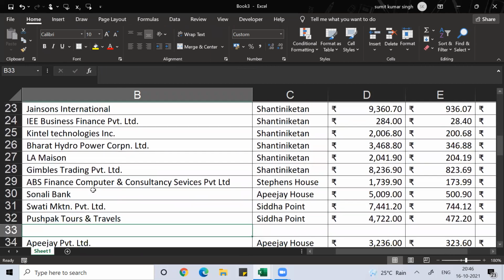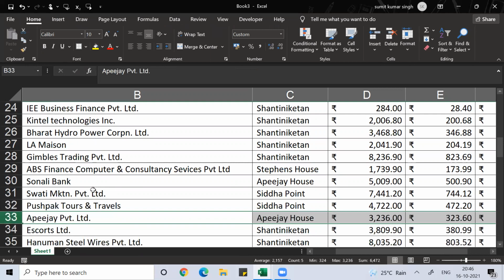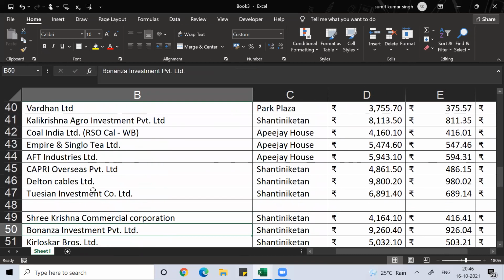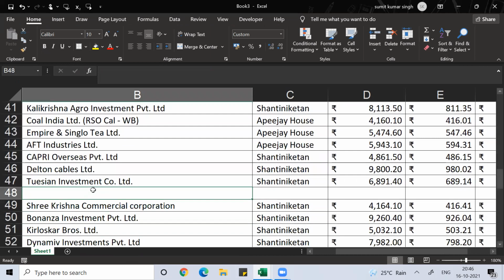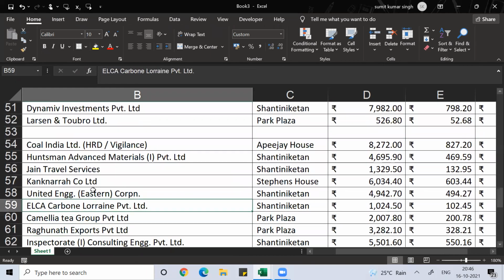If you do Control minus, it will get deleted. Shift space bar, Control minus, the row got deleted.